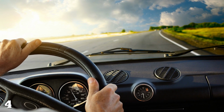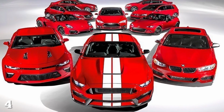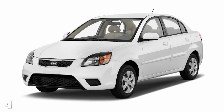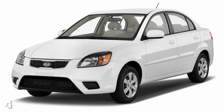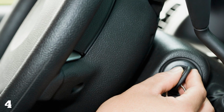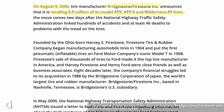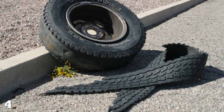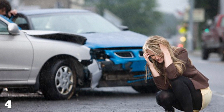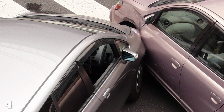In at 4, the road to death. Cars are a pretty dangerous product already, but if you ever find yourself driving a 2011 Kia Rio on Firestone tires, you may want to say goodbye to your loved ones before you put the key in the ignition. In the year 2000, Firestone recalled 6.5 million tires after reports of their tire peeling and separating from the main body of the tire. As many as 175 deaths and over 700 injuries were linked to the faulty tire, and